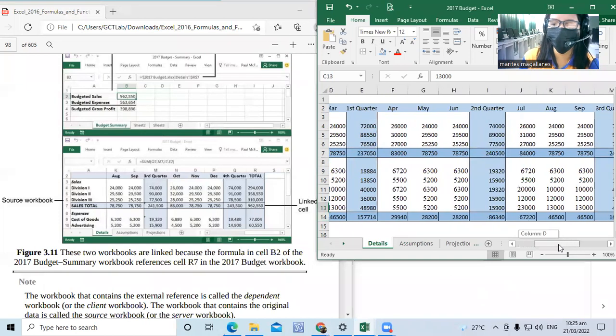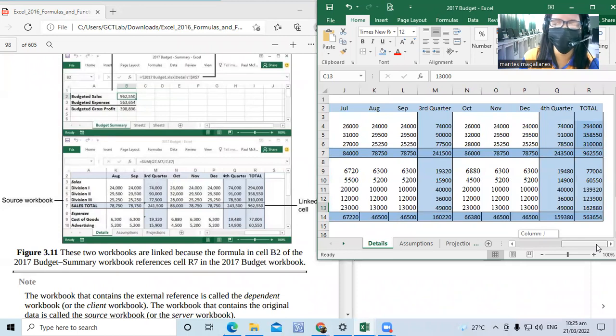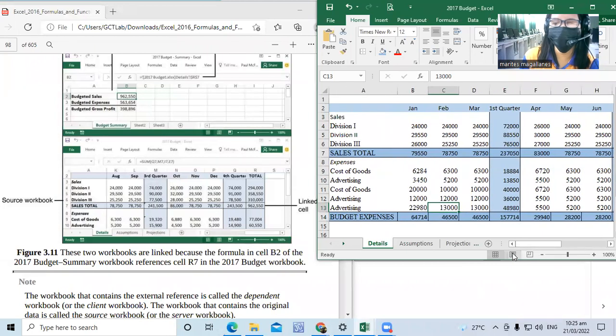Then, budget expense, which is 563,000. So, pinapakita ko lang sa inyo. Again, for budget expense, limited lang din yung shown within the sample. So, for expenses,